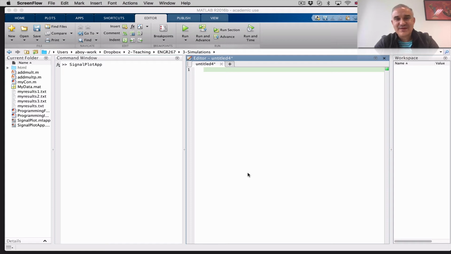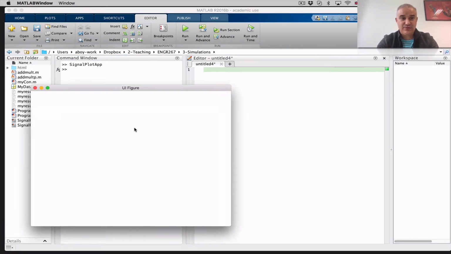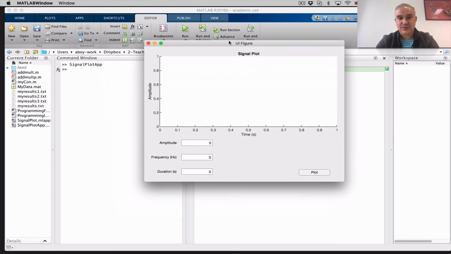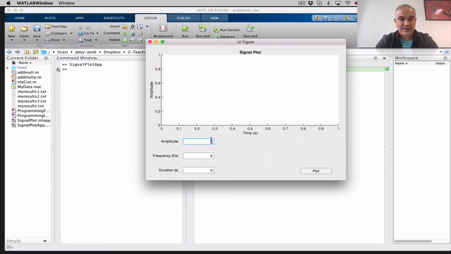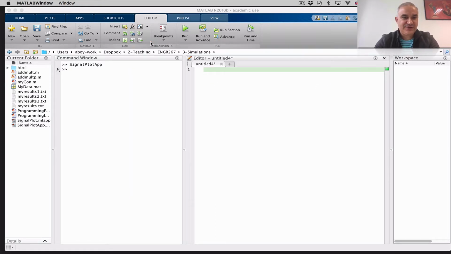Hello and welcome back. In the previous video, we created this app, signal plot app. So now if you go to the command window and you type signal plot, you should see it, right? And you recall we could enter an amplitude, a frequency, a duration, and plot the signal. So let's add a little bit more functionality to this to explore some of the additional features that we have